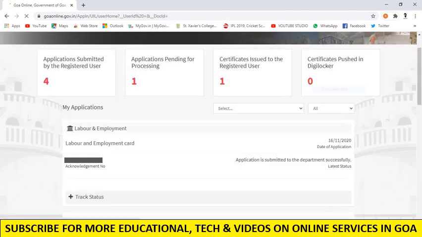When you click on the close button, it will take you to the tracking side. Here it will show you all your status. Whenever you log in again, you can see when your things will get processed. You can click on this track status and check over here. Also, all the applications that you are doing on this website will be shown. For example, I have done four applications. It shows here one is pending, that is this one which I have just now filled. Already I have received one certificate, and I have done one video regarding that. You can watch that from the description and also from the i button.